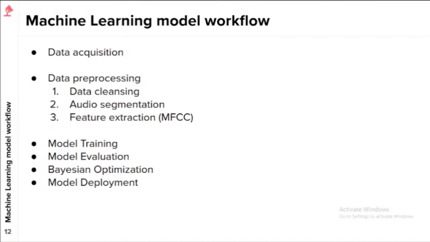We'll be using the Mel-frequency cepstral coefficients (MFCC) to capture the spectral envelope of the audio and help us train our model. The next part in model training is where you can choose your machine learning algorithm, whether CNN or RNN. And you have to make sure to split your data set into train and validation sets,